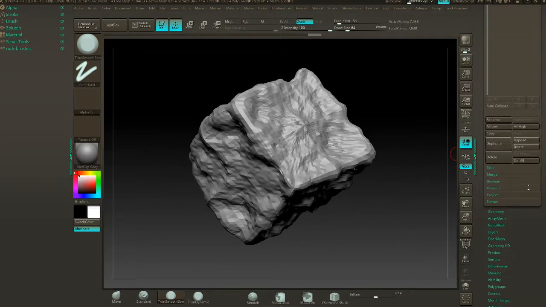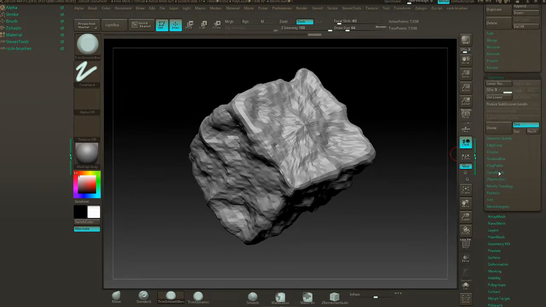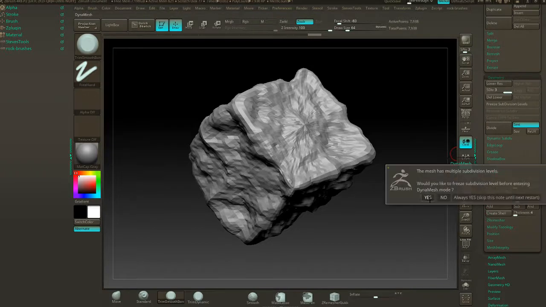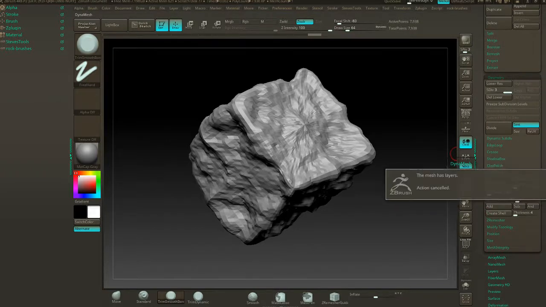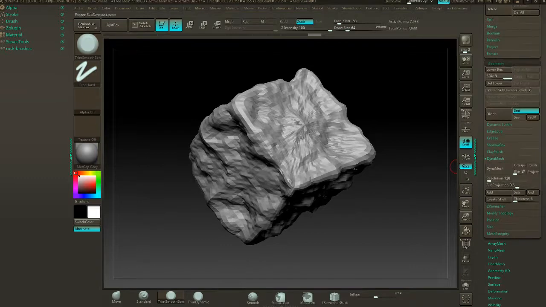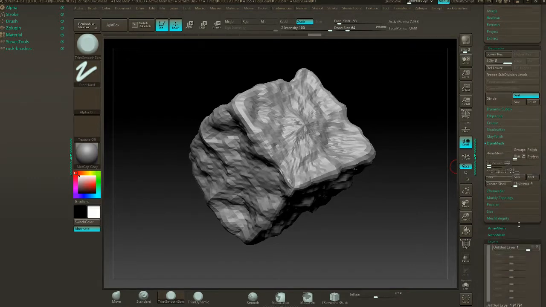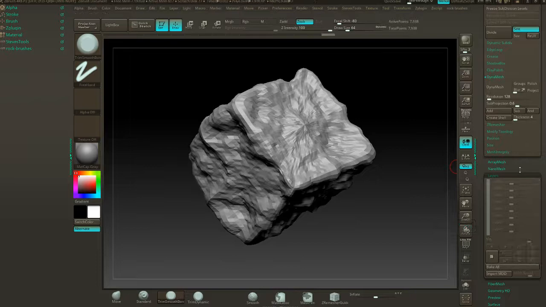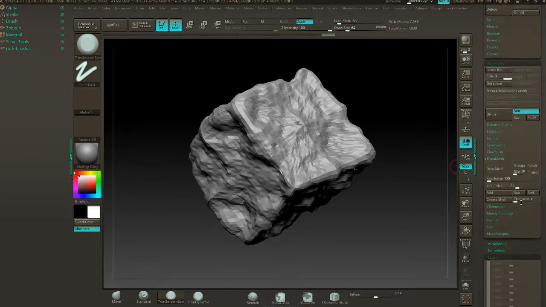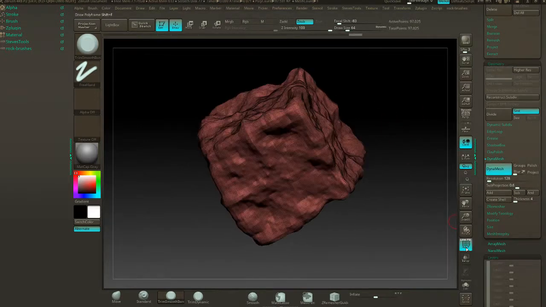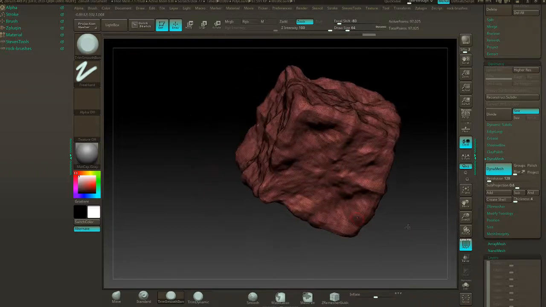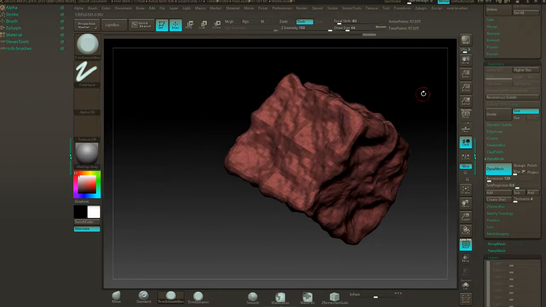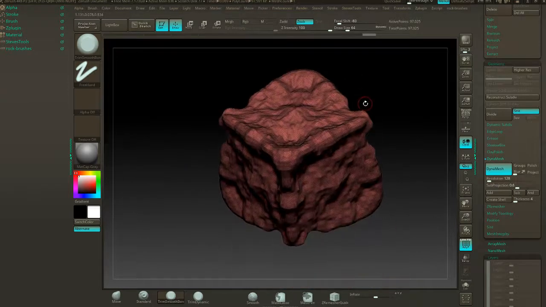And then you'll see that I'll be repeating this stuff quite often. It's just how I do it. So I'm going to go in, I'm going to make this a Dynamesh. It's going to say blah blah subdivision. It's also got layers, so I'm going to go back into my layers. I'm going to bake the layers, which is just this bake all button. I'm going to delete my lower subdivisions, and I'm going to create a Dynamesh. So now, as you can see, anybody that's used ZBrush, Dynamesh just basically makes this uniform grid pattern or topology